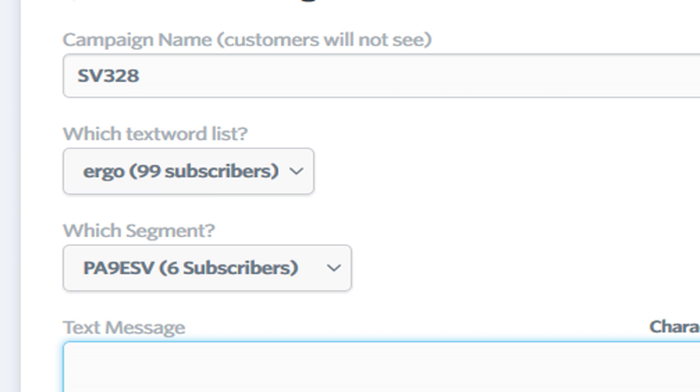But the inbox we found useful, and I'm not going to show it because there's personal information there, but we found that useful to communicate with the participants on a one-on-one basis. The last thing I'm going to show you is just an example of what one of these 69 text words looks like that we set up with an